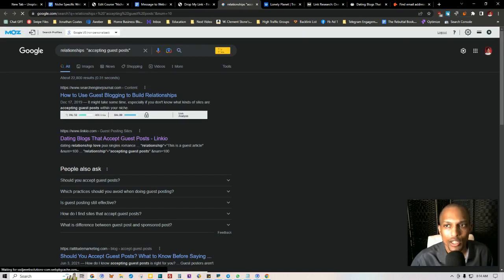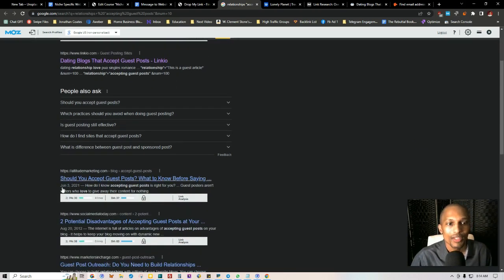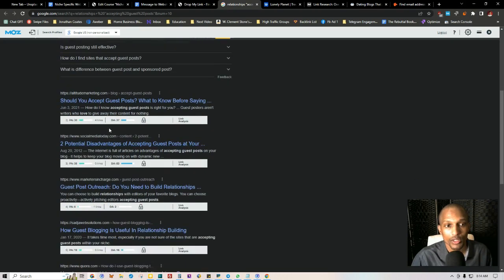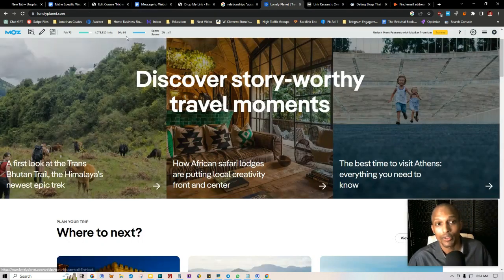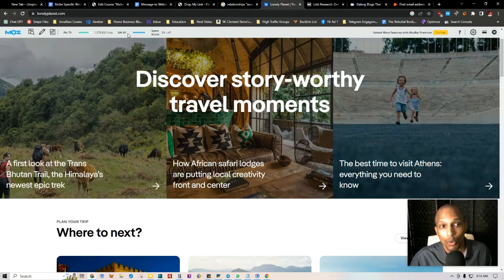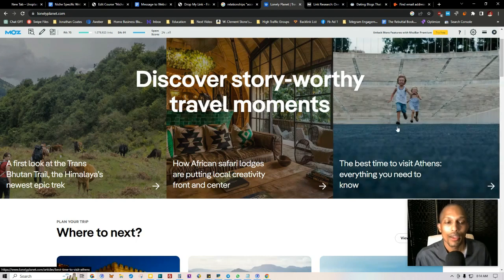Now, you can use an extension called Mozbar, and I'll have the Google Chrome extension in the description, but this actually gives you the results in the search engines in regards to the authority. So it'll give you the number as far as how much authority that website has and how many current backlinks it has. Because if we use a baseline template, let's say we're in the travel industry, we can use Lonely Planet, which is a pretty high authority website for this industry. And as you can see, it has 1 million backlinks, and the page authority is 75 and the domain authority is 91. So we know that this is a very niche specific site that has a high authority.